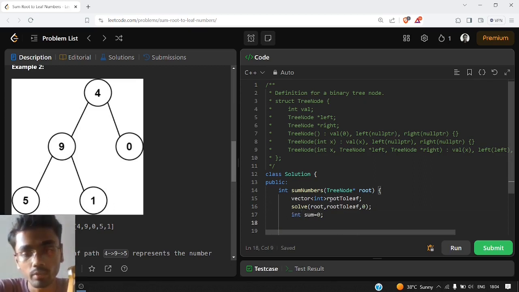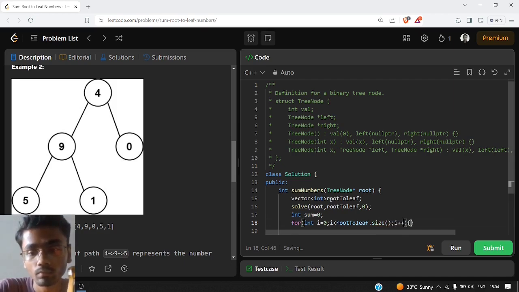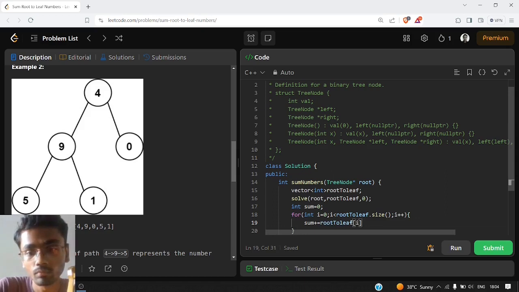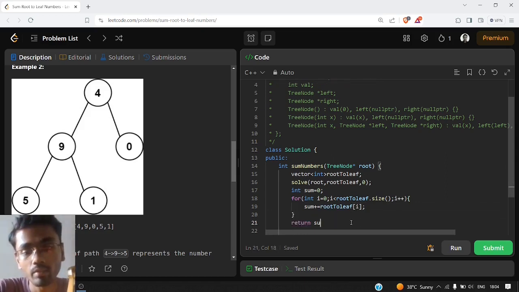So what we can do is initialize our sum to be 0, and iterate over the entire root to leaf array. This will give us all the root to leaf numbers, and in the end we will take the sum of all of them and return the sum.